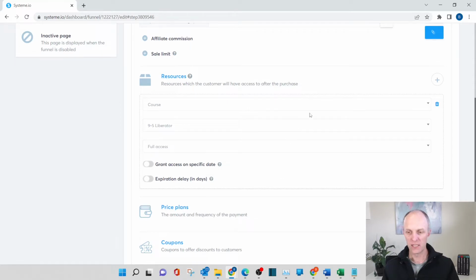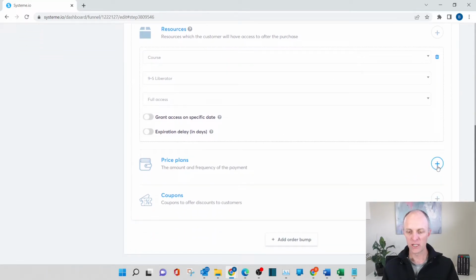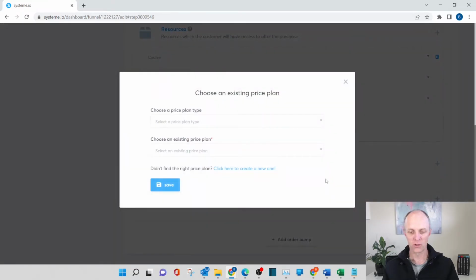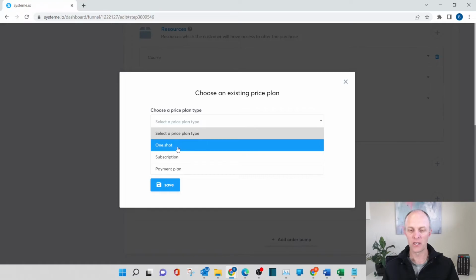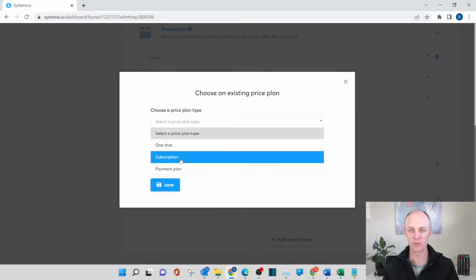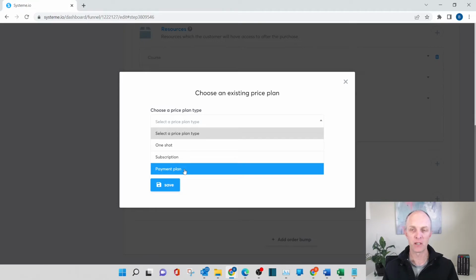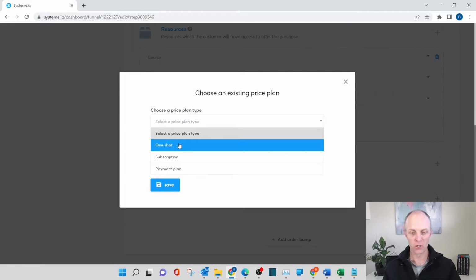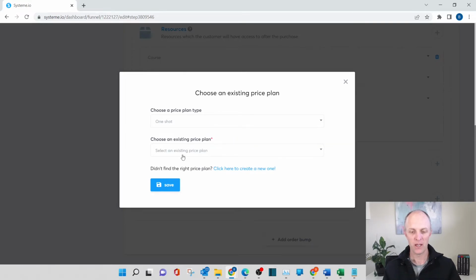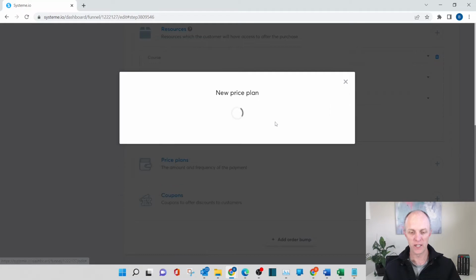Once you've selected that, you can scroll down and select a price plan for your course. Select the little plus sign and select a price plan here. You can get 3 options. You can do a one shot, which is just a single payment. You can also do a subscription, which consists of a monthly payment to access that particular course. Or you can do a payment plan, so 3 monthly payments of X in order to acquire access to your course. For this one, we'll select one shot, and over here we will create a new one, and